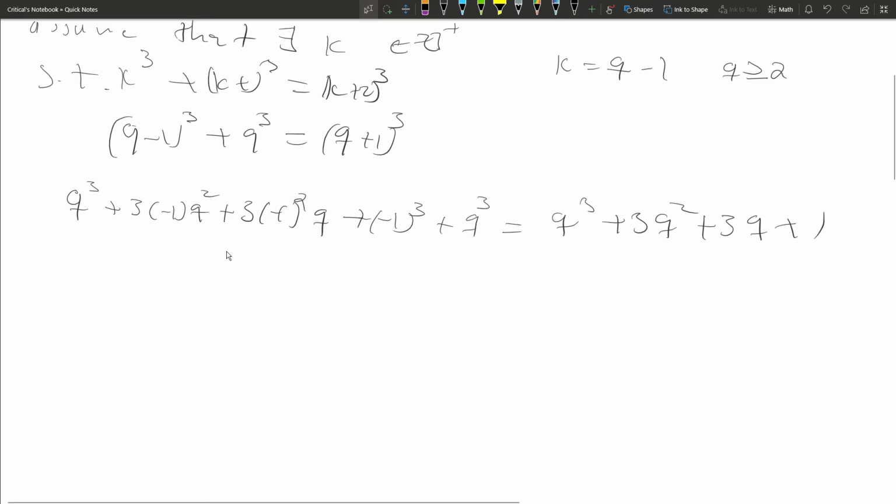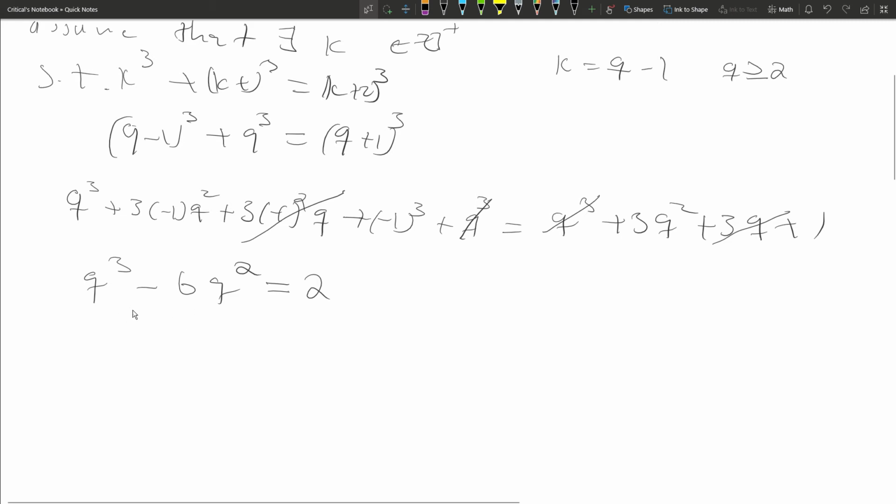Here, this q cancels the other q, and this 3q is cancelled by this 3q, and I think this simplifies to q cubed minus 6q squared equals 2. Okay, this is what we have. We can't really say anything here, but